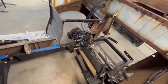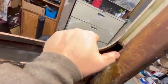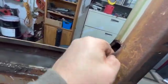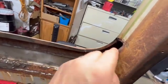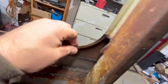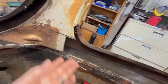We're gonna go over here. All right, so here's what we got going on here. So originally when I cut this out, I was wanting to keep as much of this as possible. I thought, okay, be able to leave that in there and then just weld to it. Well, the more I got into it, yeah, it's actually fairly thin there. And the more I'm thinking about it, this side here, really solid. So